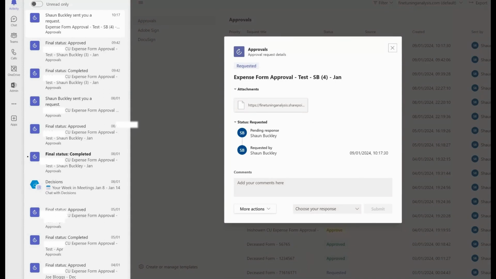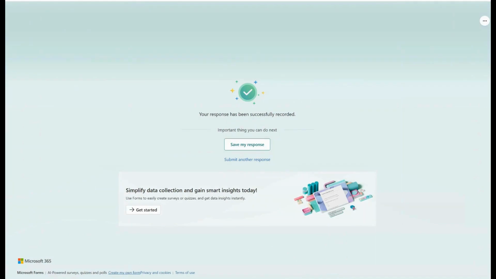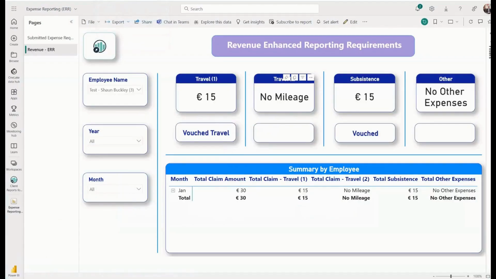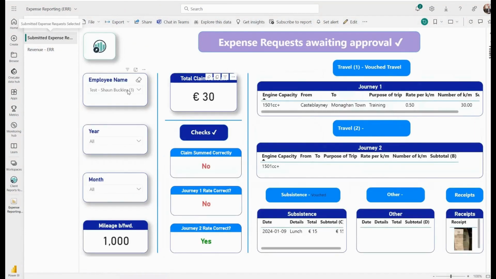So where do you go then if you're the approver, and where is time saved on their side? So if I jump over to Power BI, it's going to be in the first page. So again, if you've seen the previous video, you'll know already that there's two basically pages within this Power BI report. The first one is used for approvers to basically approve or reject expenses. And the second one is whenever expenses are approved, then that's the data you need to input into ROS for the ERR reporting. So we're going to focus on the first page,